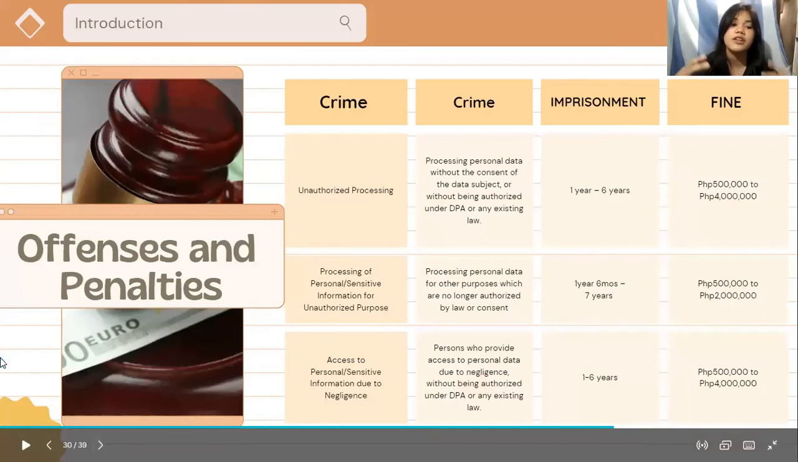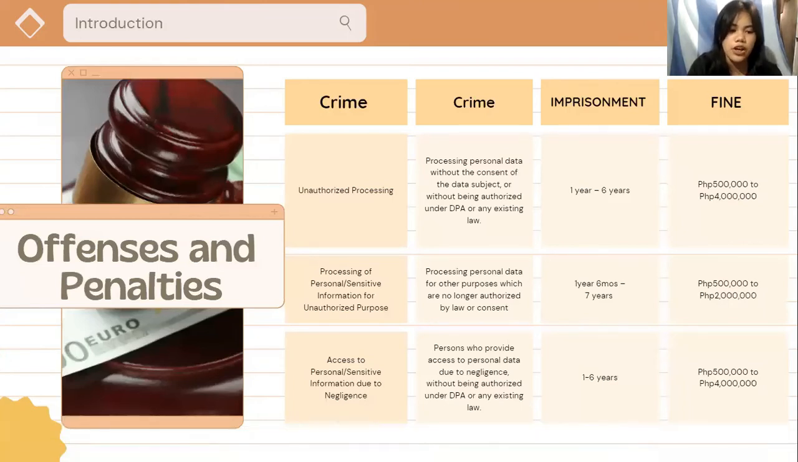All right, so these are the offenses and penalties. These are the crimes. First one is the unauthorized processing, which means processing of personal data without the consent of the data subject or without being authorized under the DPA, or the Data Privacy Act, or any existing law. The imprisonment could be 1 year to 6 years, and the person who violates this will pay 500,000 to